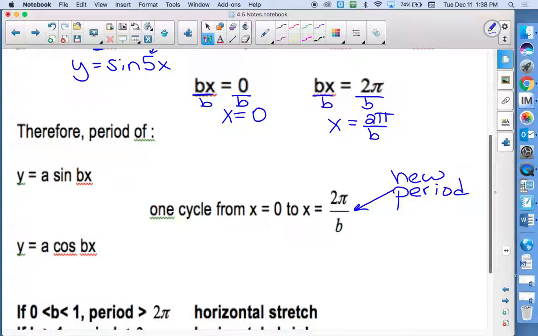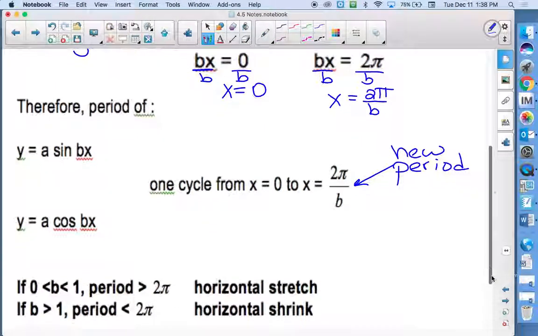So instead of it ending at 2 pi, it's going to end at 4 pi, 8 pi, 2 pi over 5, pi over 6, depending on how short it is or how long it is. It's the b value that changes that. The last little piece of information that it tells you underneath,